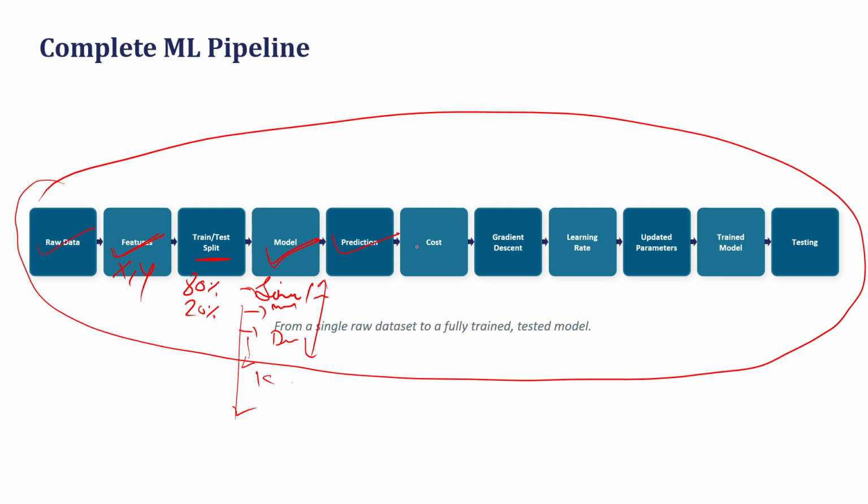After making a prediction, you decide the cost function, how the cost needs to be calculated. Then you have the gradient descent algorithm to update the weights. You decide the learning rate, the factor by which you update the weights. It's a simple step: W is the weight, so W new is equal to W old minus alpha into